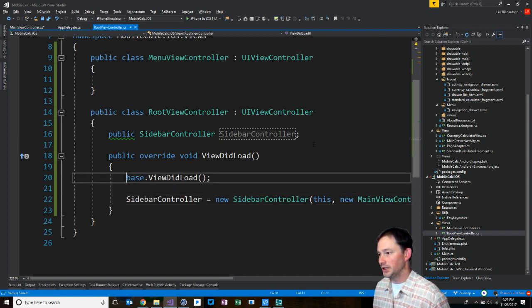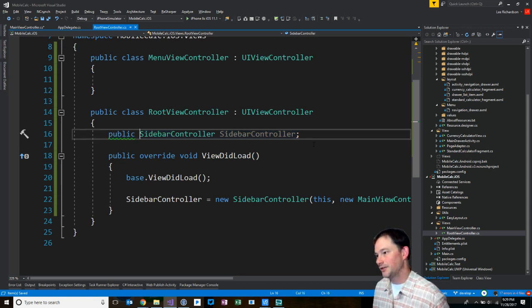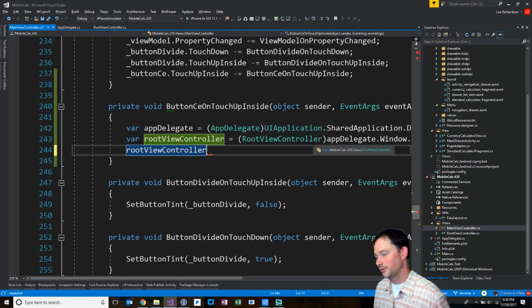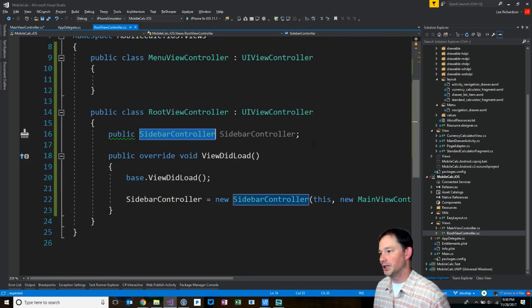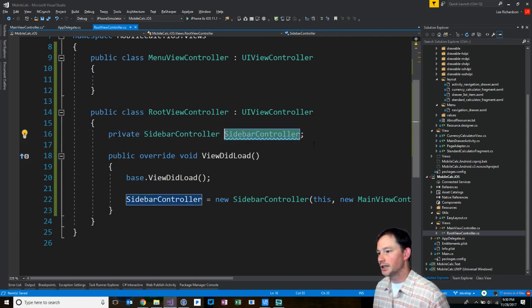This is a bit of a leaky abstraction because if I were to ever change this out with some other implementation, I'm now leaking the information about what type it is, which is a little bit ugly. So what would be a lot cleaner is if I kept this private. And instead, I said